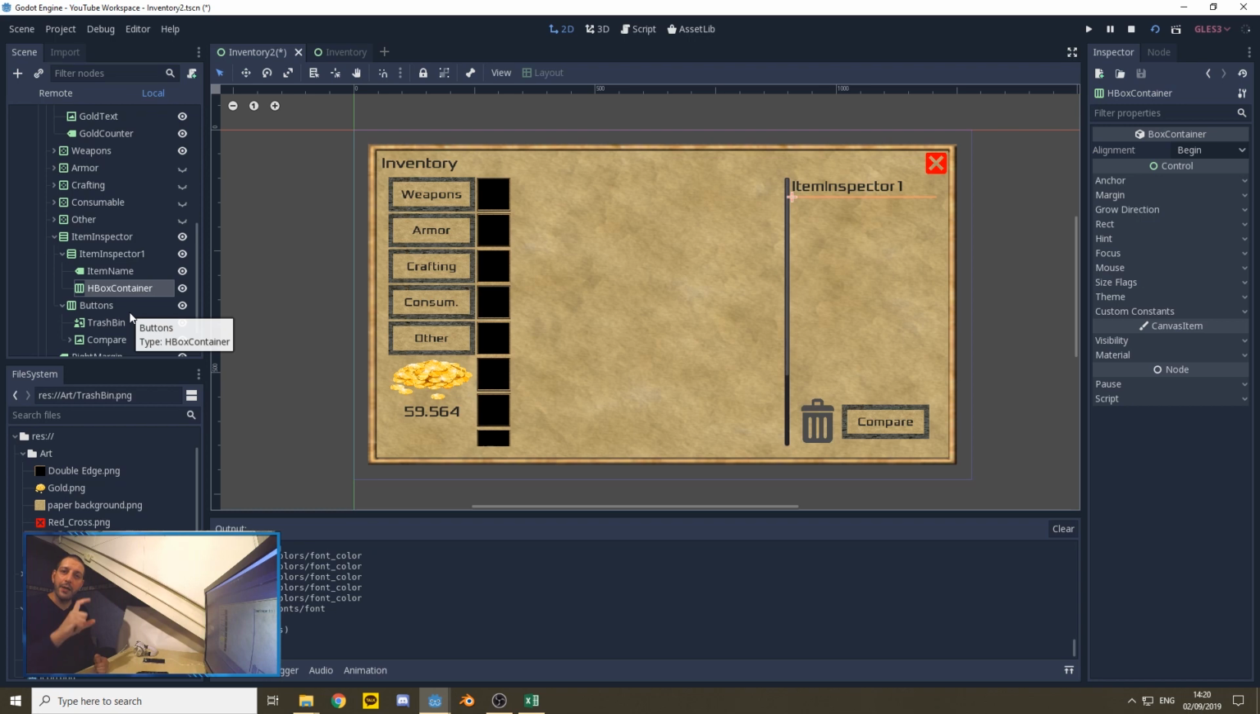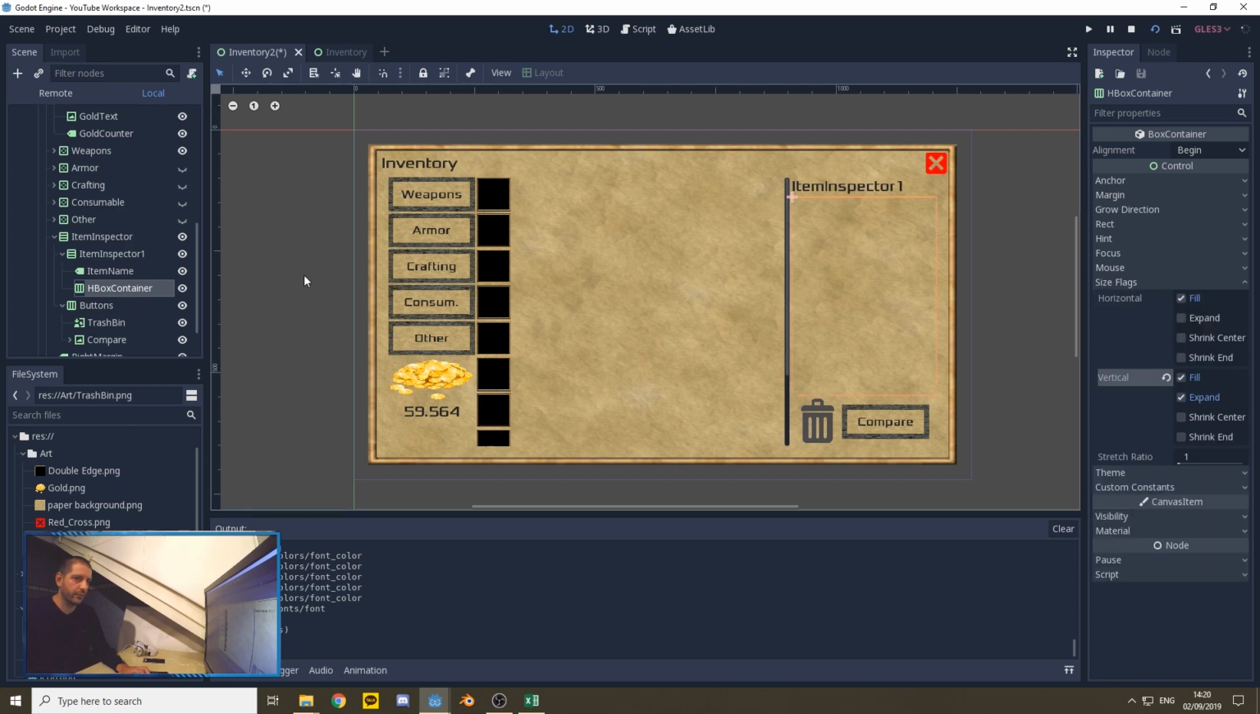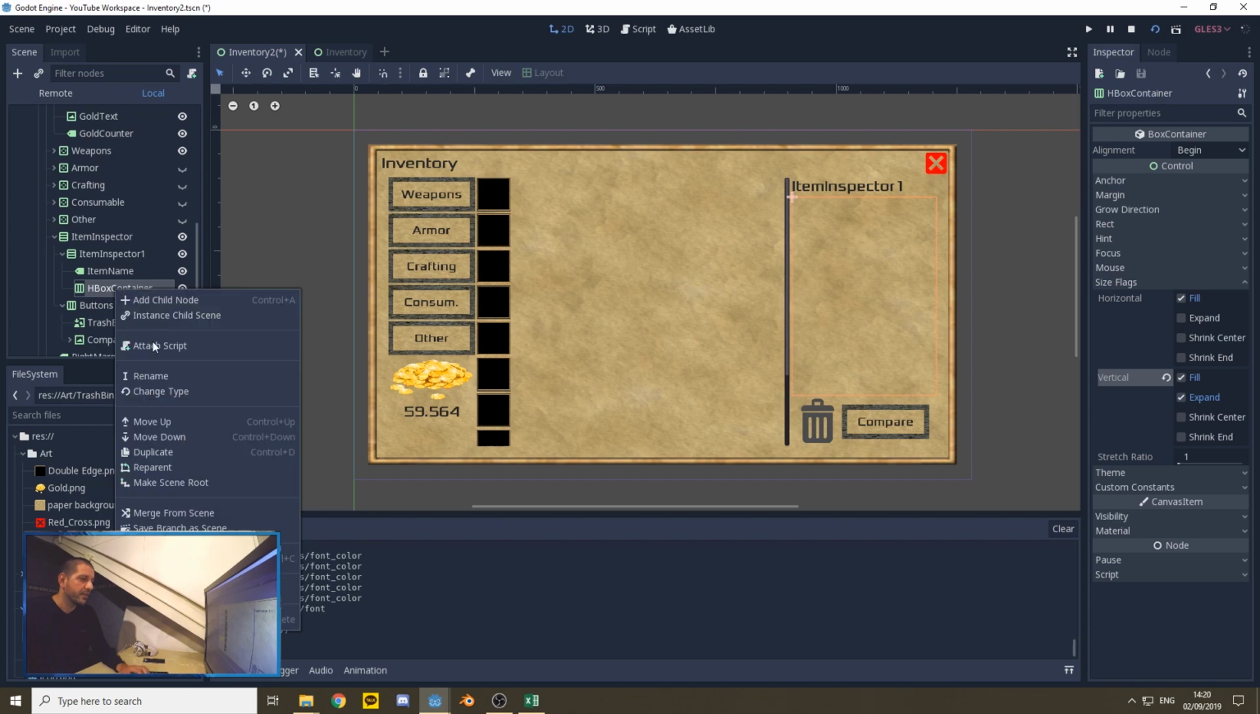In that case, when we have 2 item inspectors underneath each other to inspect both items and compare them, we probably run out of space to display enough statistics within the space given within the menu. So by adding a scroll box container, we can prepare our game for future expansion or for many magical items within the game. So our HBox container will be allowed to take as much space vertically as possible,